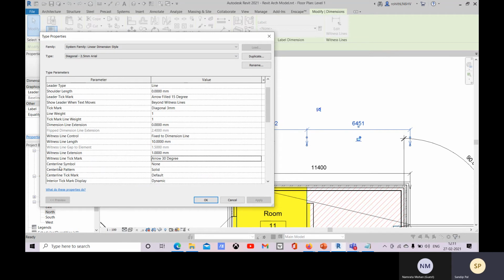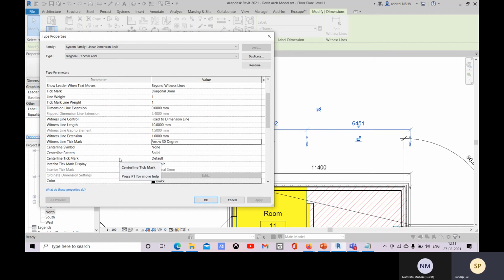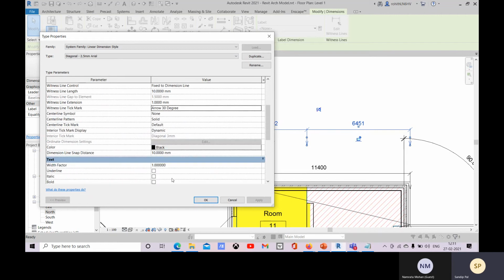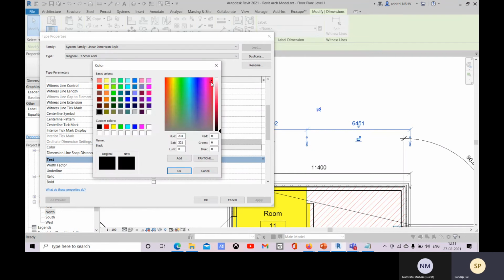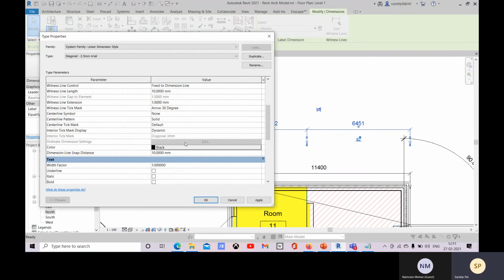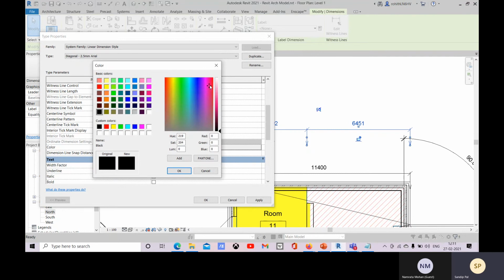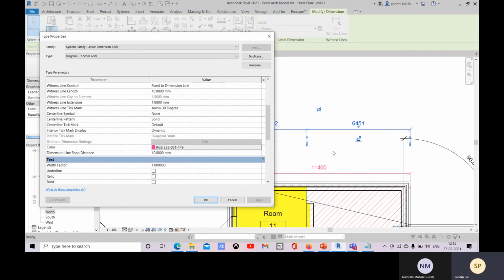For that you will make the center line symbol, center line pattern. And what will be the dimension color that you can mention. Like this you can apply. All right, you can see this has been changed.